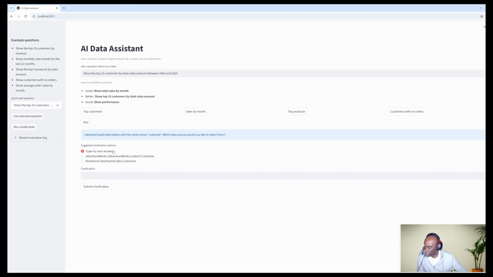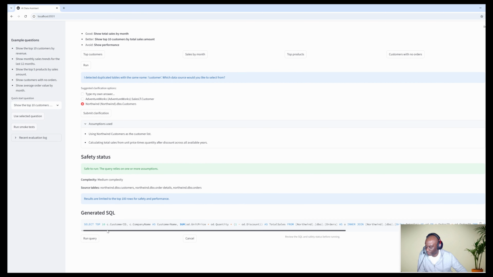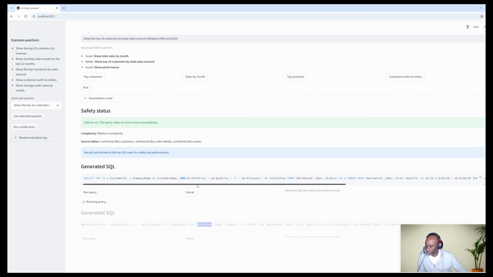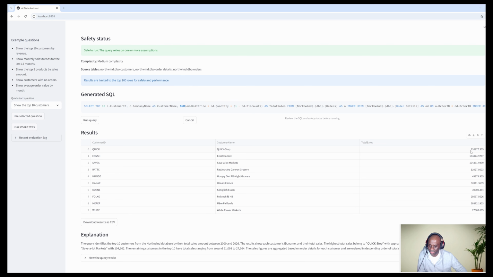again it will come up with the options AdventureWorks, Northwind. So this time I will pick Northwind and submit this one, and it's done its assumptions. This time it's assuming the customers from the Northwind one, and it's written a different type of query, and this time it's going against the Northwind database. And if I press run, it's bringing back this data from this table, and it's saying Quick Stop is the top sales in this result